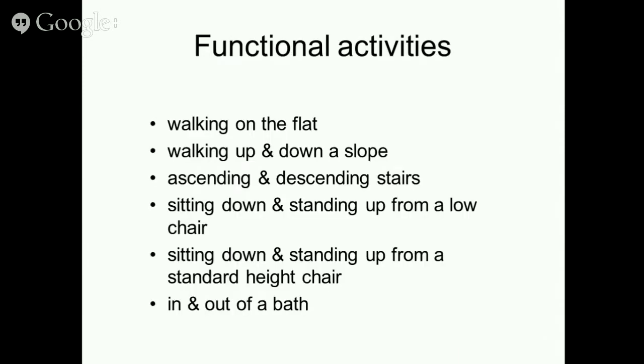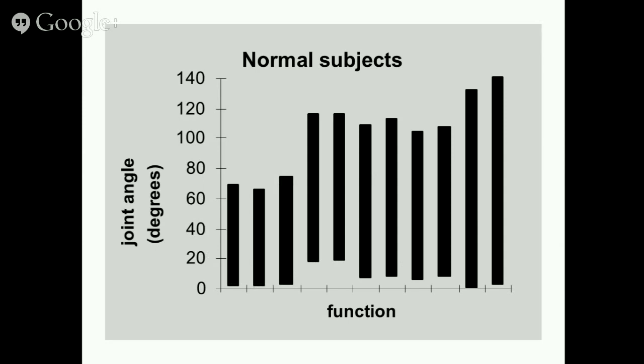So here you can see the activities: walking on the flat, which is the traditional one, up and down a slope, up and down stairs, in and out of a low chair, in and out of a standard height chair, and in and out of a bath, obviously without any water in it. Here you see what a typical range of motion for those activities looks like for a normal subject. So we've got gait as the first column on the left, then up and down a ramp, up and down stairs, in and out of a low chair, in and out of a standard chair, and in and out of